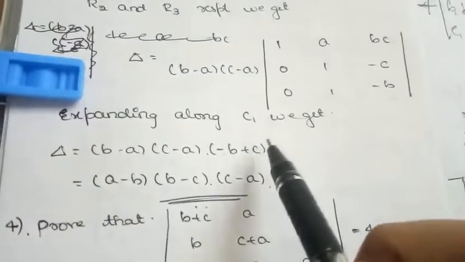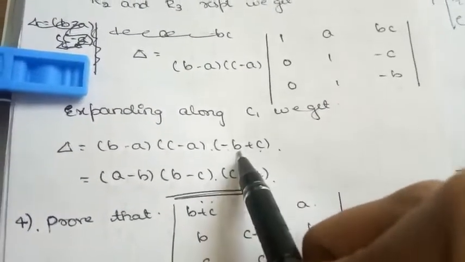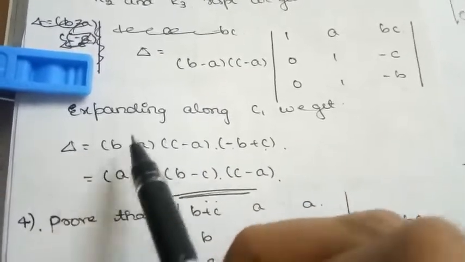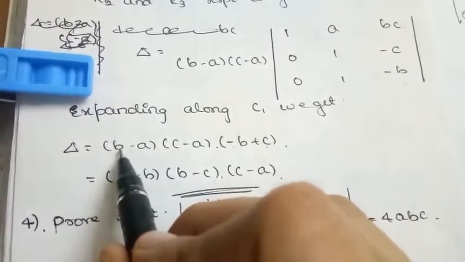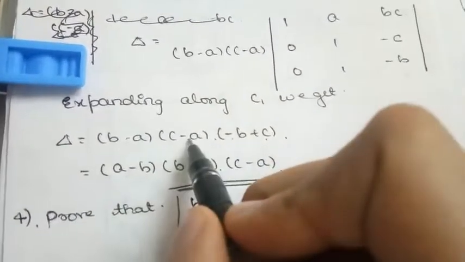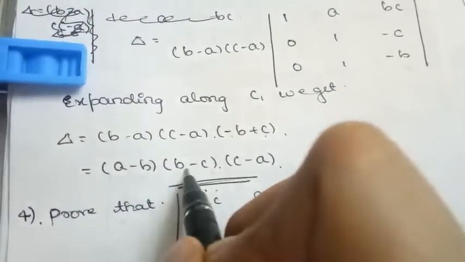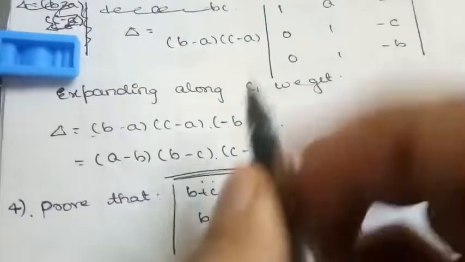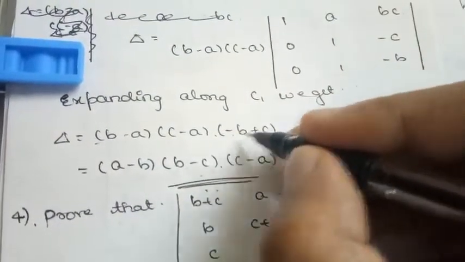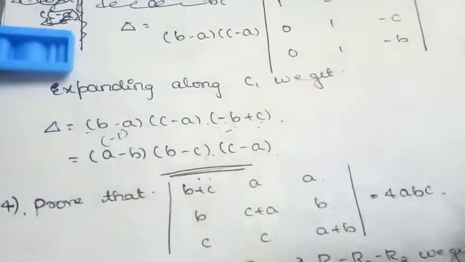I am directly going with the expansion. So after expanding, what am I going to get here? Minus B, minus into minus, plus C. So C minus B is what I got here. After that, in a simpler way, I took minus common outside from this element. After taking minus, this element becomes A minus B. After that, from this one too I took minus common outside. At that time it becomes B minus C. So from here minus, from here also minus. Minus into minus, plus. This one remained as it is. So don't think that here it was minus B plus C and here it became minus C; nothing like that, but here I took minus 1 common and here also I took minus 1 common. So minus into minus, plus. That's all that has happened here.